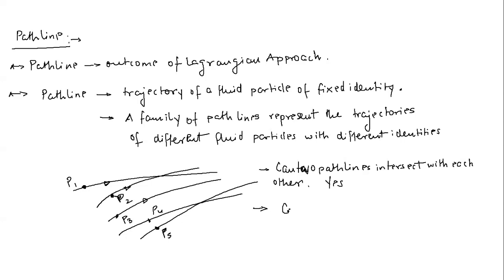Okay, so let me ask another question. Can a path line intersect itself? No, sir. Because it is a particle, how can it intersect itself? Just think about it. In a circular motion, yes. In a turbulent kind of motion, it is possible. But if we consider a very streamlined laminar motion, then I don't think so. Then see here, it's very simple.